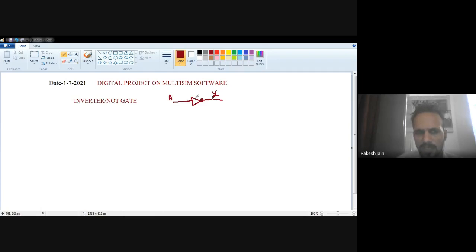So what is the meaning? As the name implies, it is an inverter. In digital terms, instead of 5 volt and ground, we use the terms 1 and 0. 1 means the availability of voltage at the side, and 0 means no voltage. So if the input is 0, then the output will be 1. If the input is 1, then we will find the output as 0. Then this gate is known as an inverter or NOT gate.